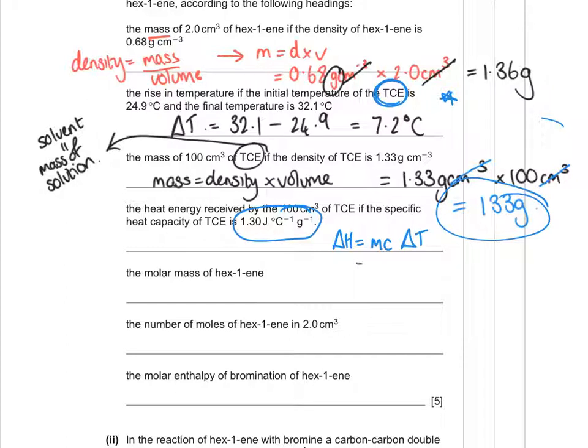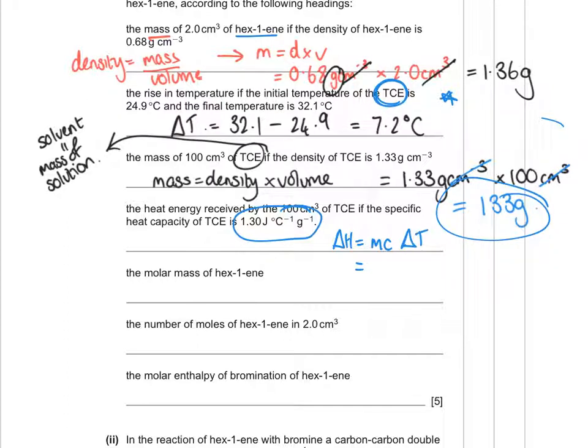You just need to make sure that the mass you're using is of all the same thing. So the mass is of the same thing, the specific heat capacities of the same thing, the change in temperatures of the same thing. You can't mix and match them. That's why we don't use the mass as the thing we worked out in the first question, which was the hexane, because that would be the mass of hexane times by the specific heat capacity of TCE,